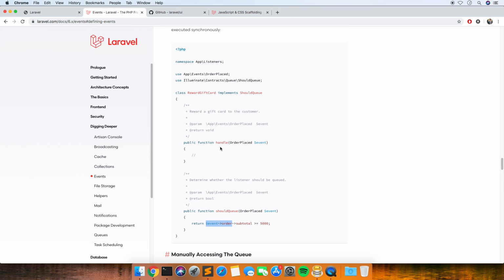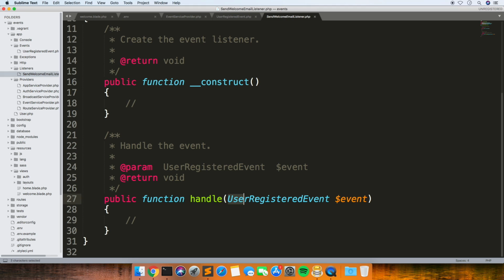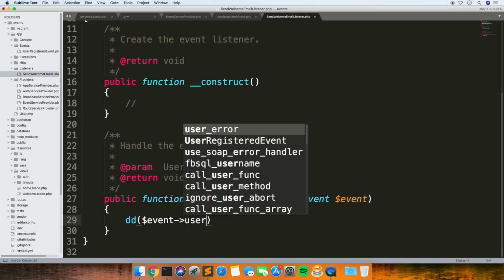We don't actually need, yeah, so it's already passed this event in that we generated. So for now I'm just going to output the user. So if we just change order to user,